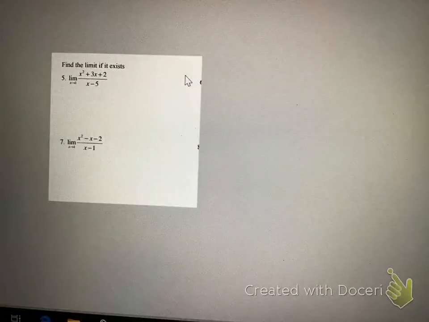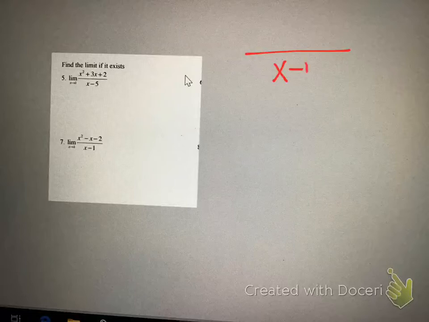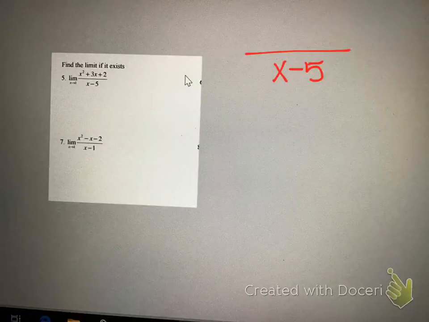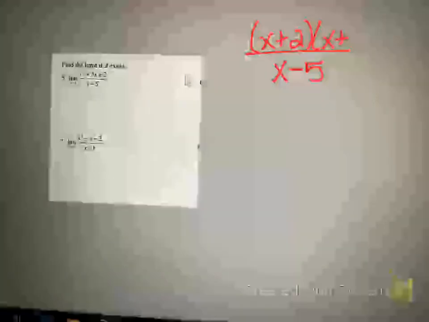But what problem 5 has you run through is, this is a rational function, but this rational function has a denominator of x minus 5,